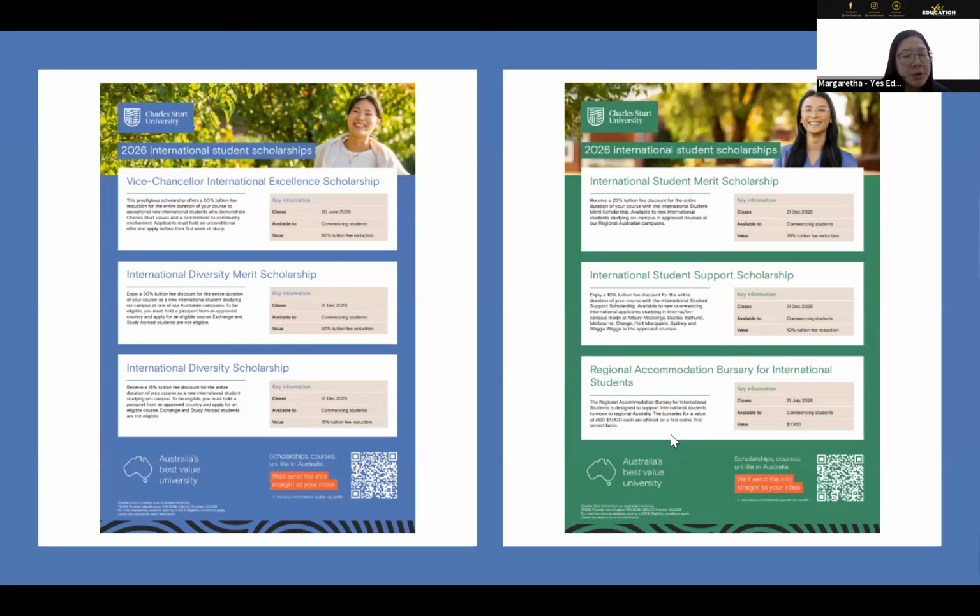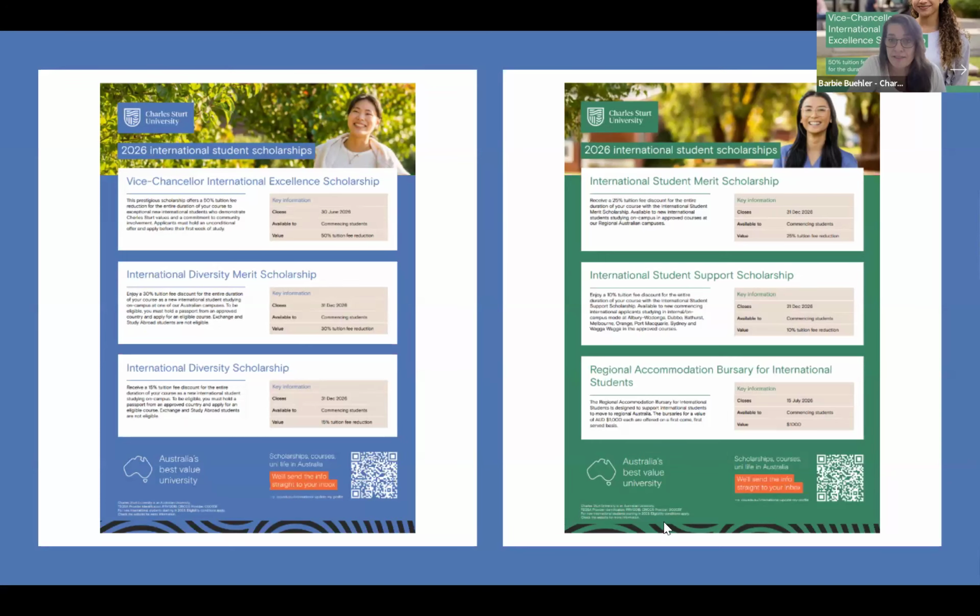And for this bursary, can it be combined with, for example, the Vice Chancellor or the International Student Merit Scholarship? It's a different scholarship, so yes, the accommodation one is separate. You can still apply for that separately. There's actually nothing that you need to do. It's just that you have to request that scholarship if there's still some available. As I said, I don't know the number that they give, but if there are 20 spots for this one, once they're filled, then that's it. But if they still have some available, then they will offer that as well.